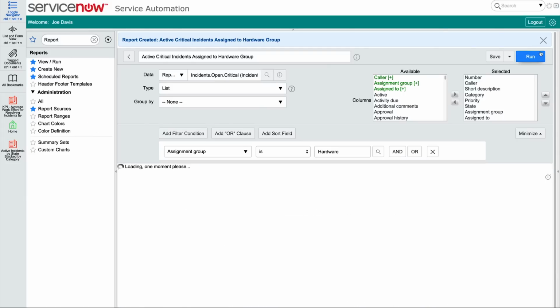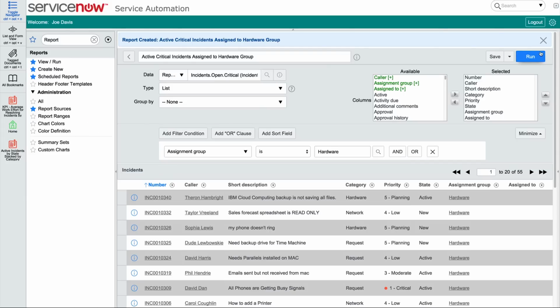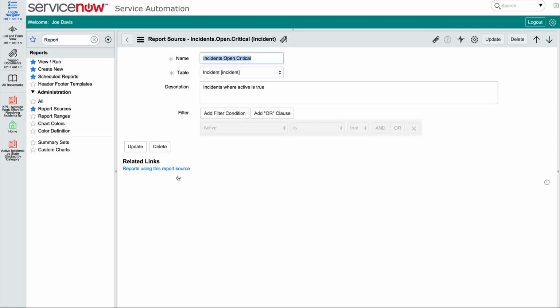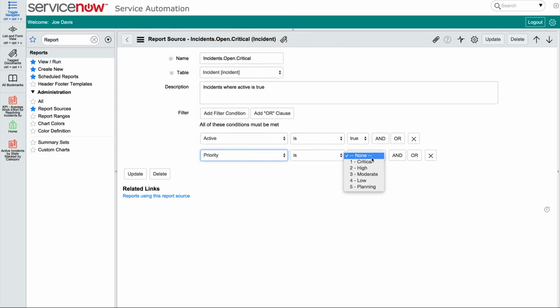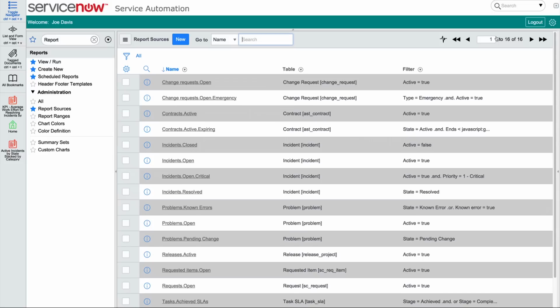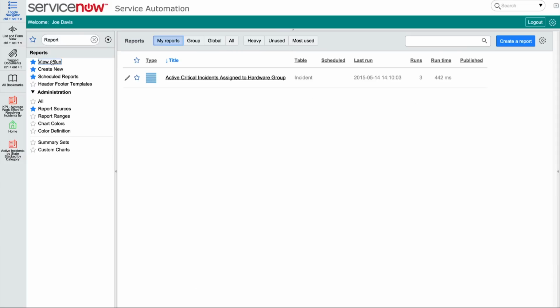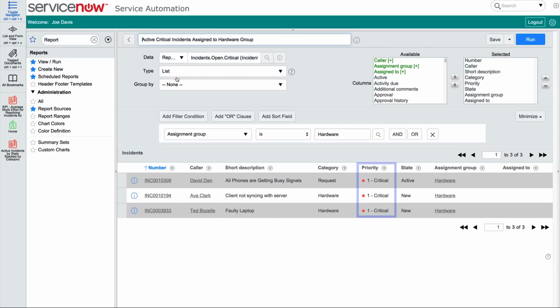And when we run it, we get the same data we did with the original report, exactly as expected. So let's save it and change our new report source to list only Priority 1 critical incidents. Now, when we run the report, we see that it lists only critical incidents.